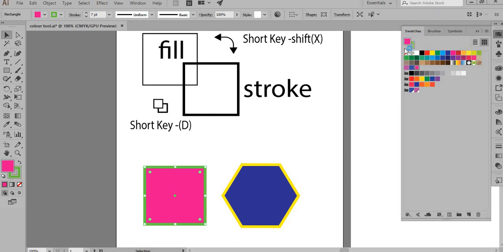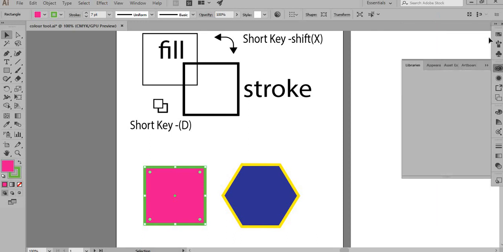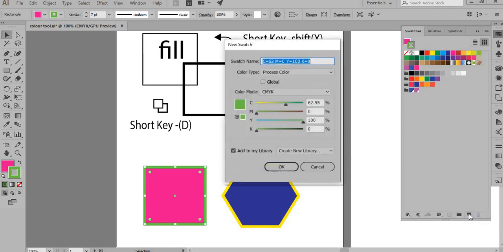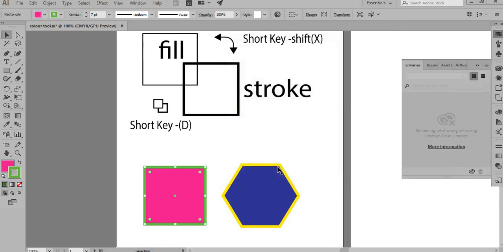And if I want the stroke color to be added as well, I just go over again, make the stroke color active, go over to the new swatch and select. It's optional whether you want to write a swatch name, so I leave it to you. I click OK, and that is it. So you have saved the color, and this is the way you actually have to save all your colors.